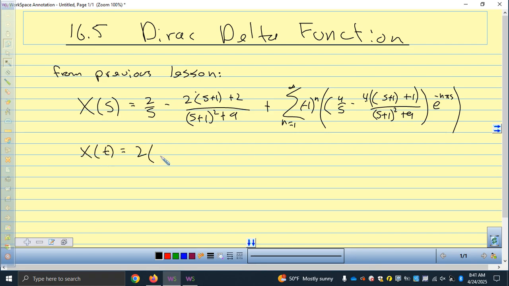So we get 2 times, factoring out the 2, 1 minus, so the shift, we have an exponential function, e to the minus t, times cosine 3t from this part, plus 2/3, because for the sine we would need a 3 in the numerator, and I don't have the 3 in the numerator there, sine of 3t, plus I'm going to factor out this 4, and then we have the sum